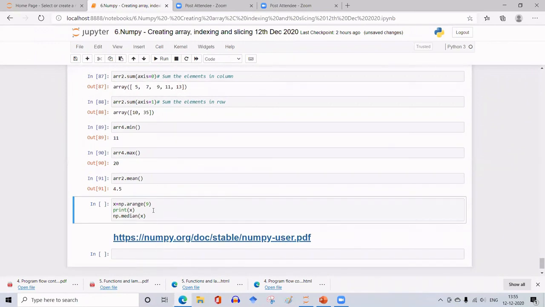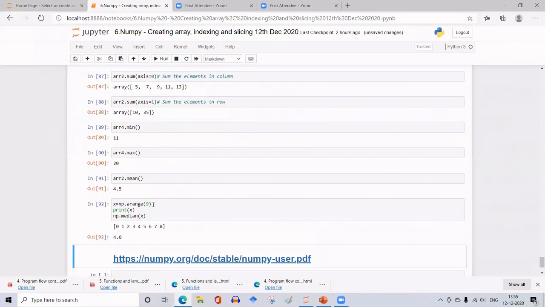To get the median, to illustrate this, I am arranging 0 to 9 and forming an array X. So this is the array 0 to 9, that is 10 minus 1, it stops. So how many elements are there? 9 elements are there, and the median represents the center of the array, which separates it into two parts. So median here is 4.